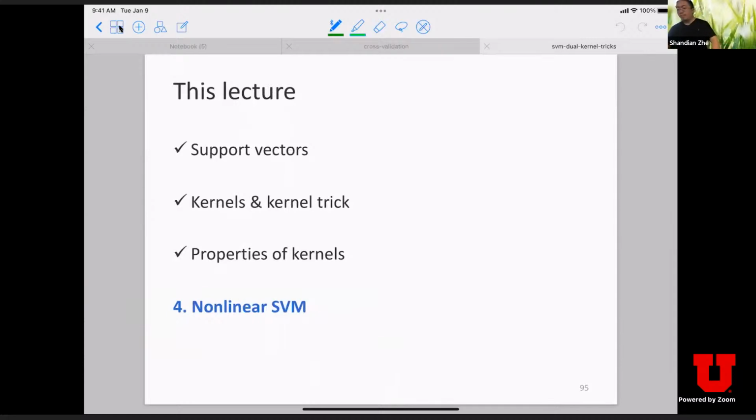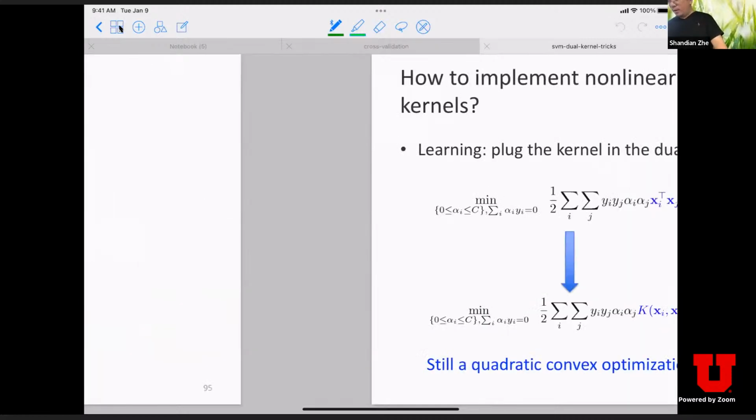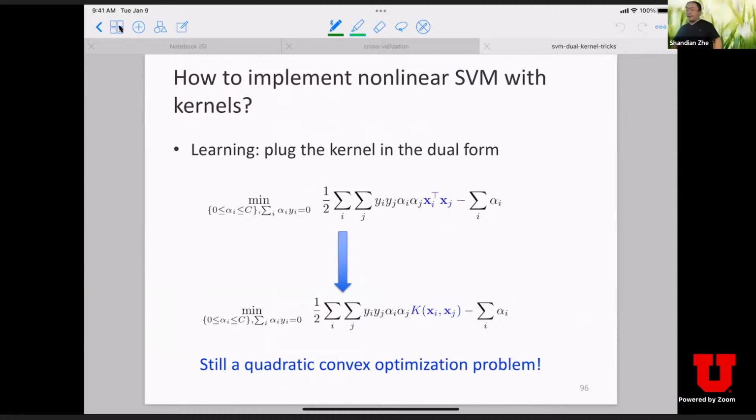Okay, so now we just need one or two slides to discuss how we're going to embed the kernel trick into SVM, which we call nonlinear SVM. Remember, through the previous discussion, we can convert the primal SVM to the dual SVM, and through some simplification, this is our